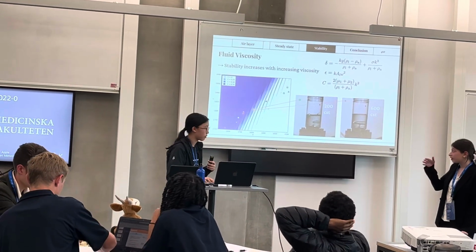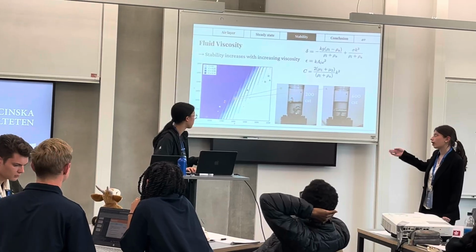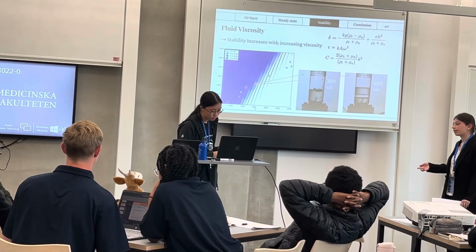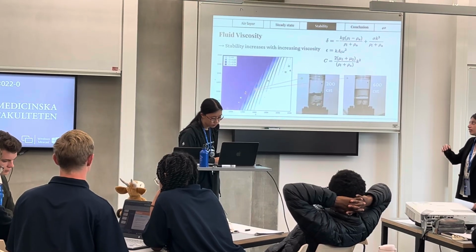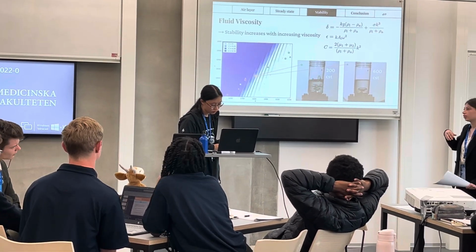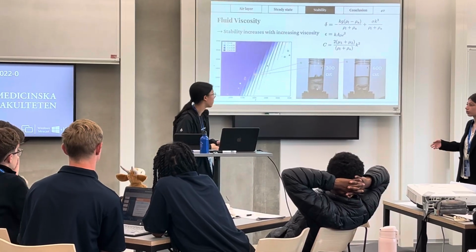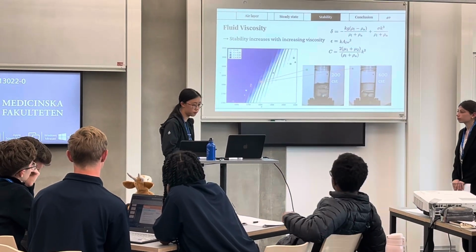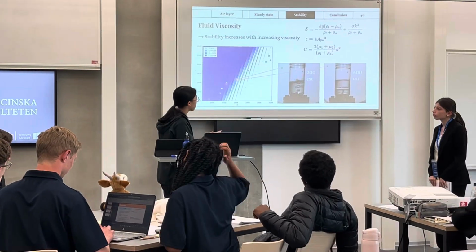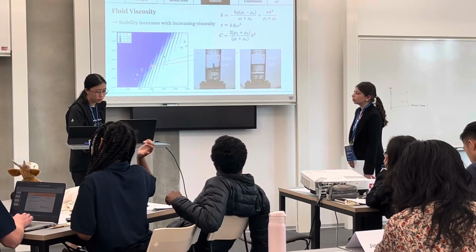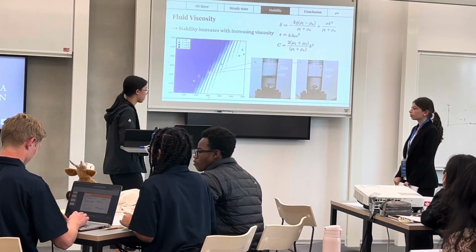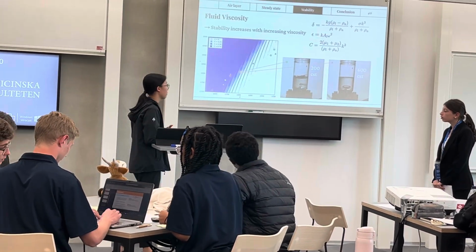What about different densities of fluid? Did you try different fluids? And is there a density at which we can't see bubbles anymore because the fluid is too light? We didn't vary the density of the fluid, but I suppose it will have some effect on the appearance of these, because rho L appears in all these terms. But I suppose if it's just